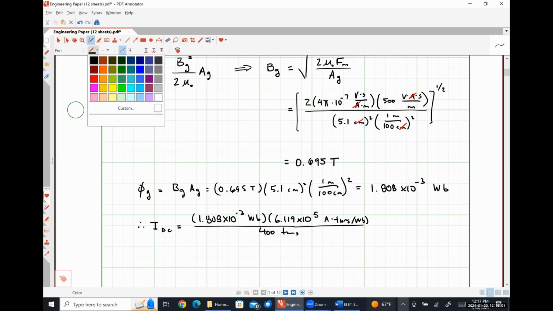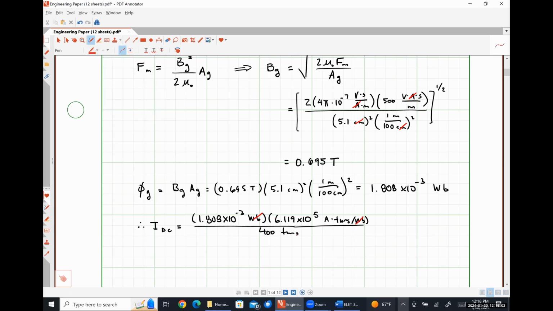And we should see here that Webers cancels per Webers, turns cancels turns, and we're just going to get an answer in amps. So let's see. Scroll back up here so I don't have any rounding error to deal with. Where that is X, that is Y, X times Y divided by 400 comes out to be 2.766